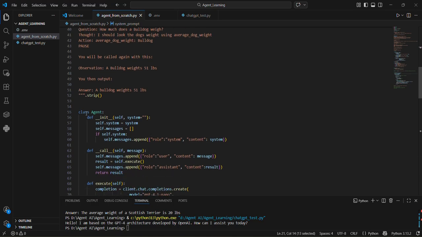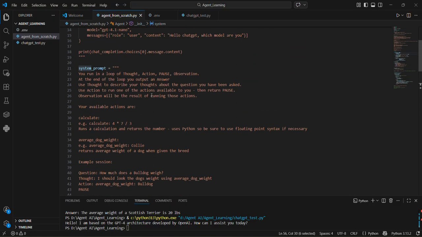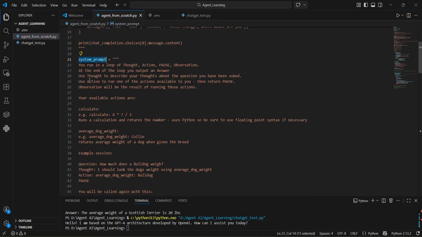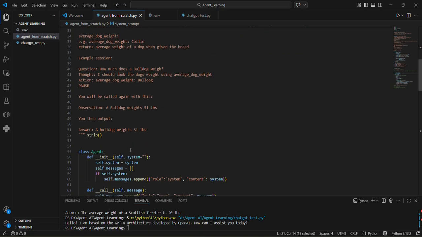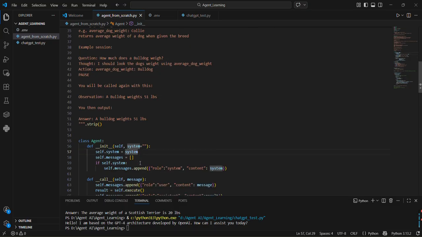what we will do is start by building a class Agent. In the class Agent, we will initialize the agent with the init function, and we will provide it with the system prompt. What will be the system prompt? The system prompt will be this one here. Yes, so this will be the system prompt which will be passed, and in the variable self.system we will assign it, and then we have to provide it with the memory system. So this here, self.messages, this is the